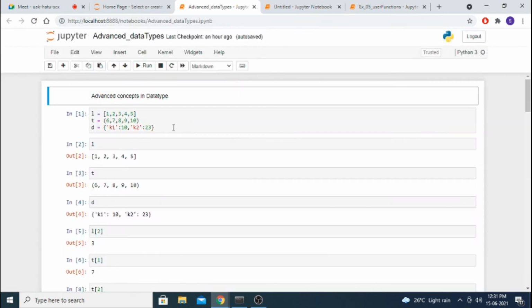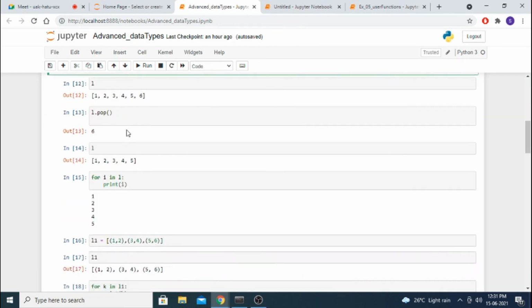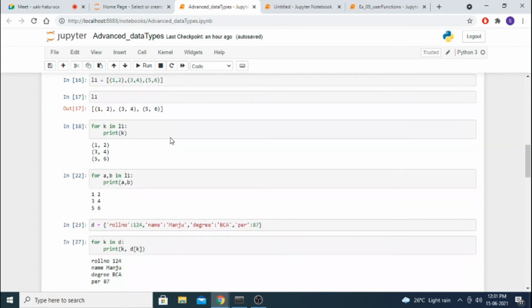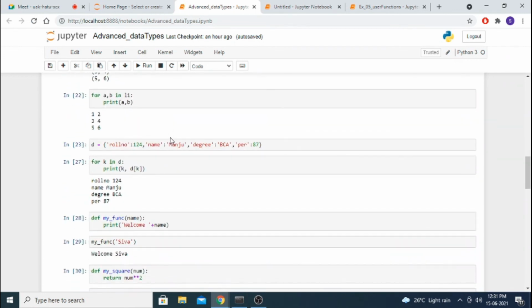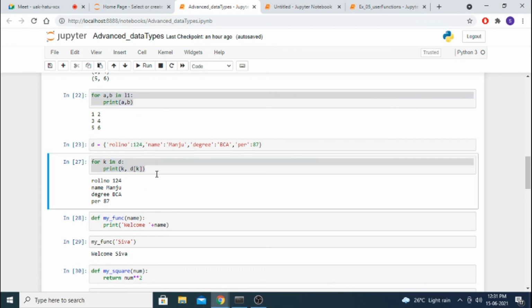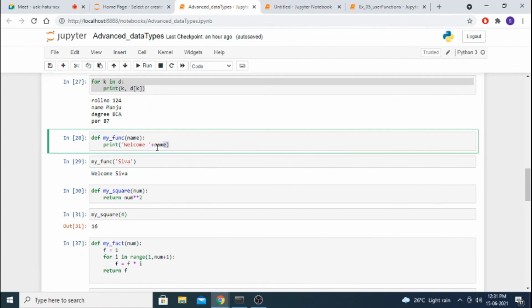You should know list, tuple and dictionary. To add one number into the list it is append. To remove the last element from the list, pop. We have to use list, tuple and dictionary with the for loop. In a dictionary we can't use the a, b example I gave for the list. Tuple you can also use, it will work. For a dictionary it will not work; in a dictionary you can only get the key, and with the help of the key you have to print the value. And for user defined functions, I told you my function, and functions may return a value or may not return a value. Both options are available.